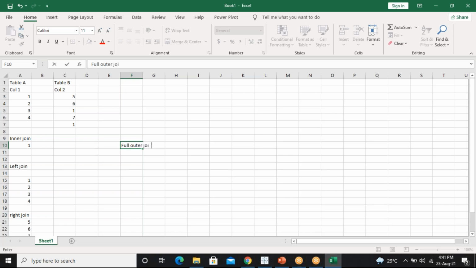full outer join. So what will be the answer for full outer join? Full join or full outer join? I'll tell you. Has anyone got your answers? Which will be your answer for that?